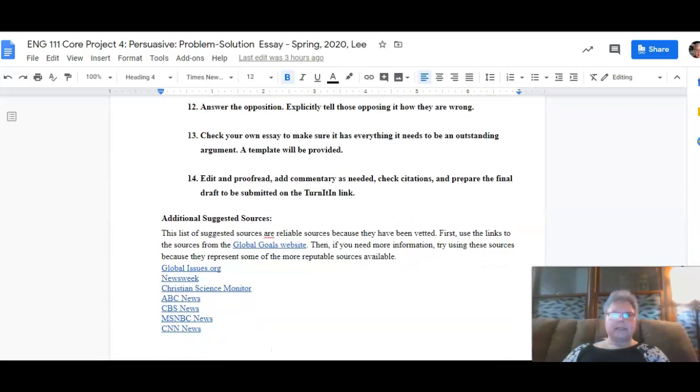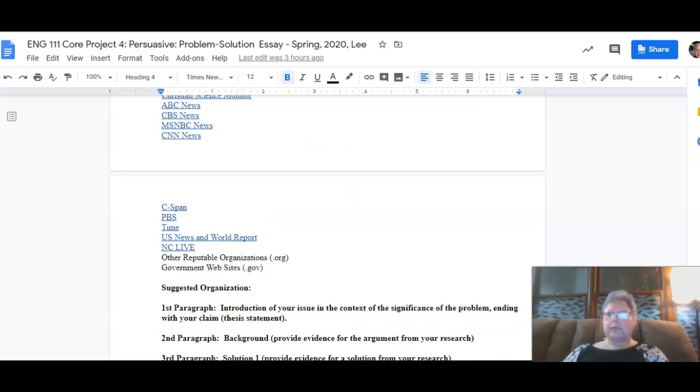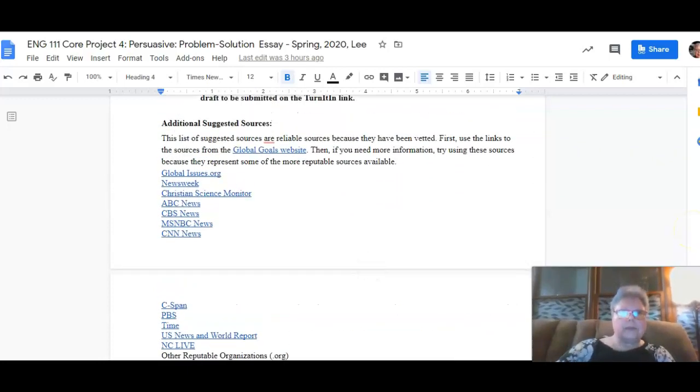Some other places that you might look, I've got down here near the end of the document, additional suggested sources. Again, here's the link to the Global Goals website. I try to put that in there so you wouldn't have to hunt for it every time. Here's that globalissues.org, and these are